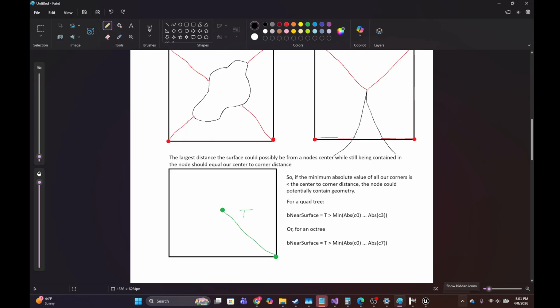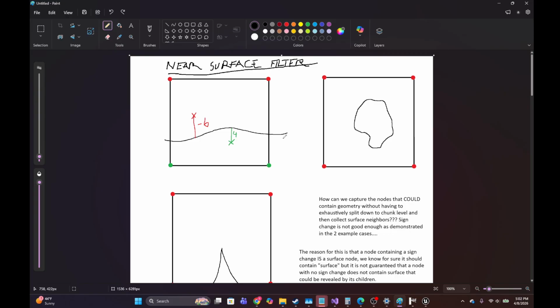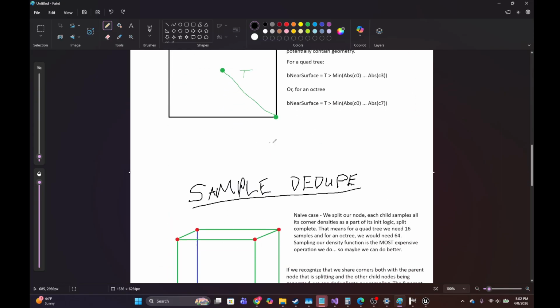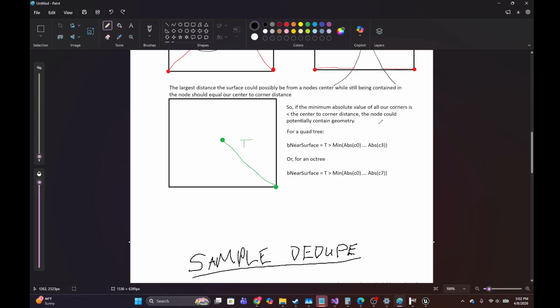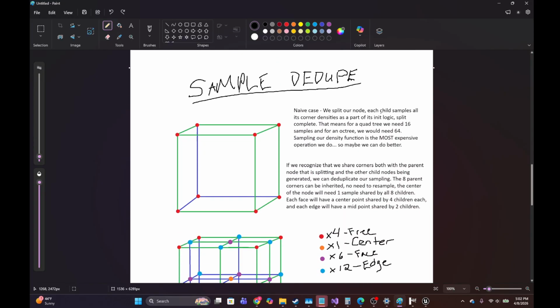This is also used for our regular LOD operations past the chunk depth. We will split any node that satisfies our LOD threshold requirements for needing to split and also passes the near surface check. So yeah, this one right here alone is a huge speed up because this will cut out the majority of nodes that we need to process. The next thing we do, all right,